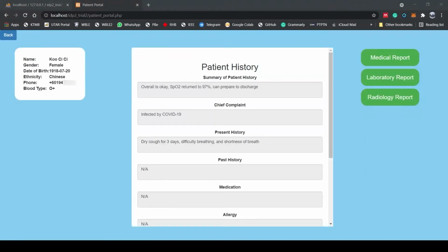This is the patient portal after the doctor has registered the patient to the patient list. There are two improvements made by the team after the questionnaire survey analysis, which are adding a summary of patient history and a radiology report. According to the questionnaire survey result, the top one feature expected by the respondents for an adequate EHR system is having a summary of patient history at the patient portal page,